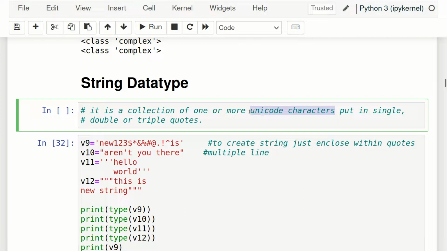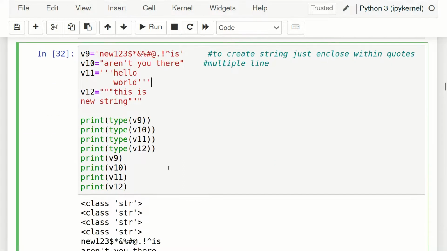Unicode characters basically means any character that we generally use comes under Unicode. So you do not have to worry about which character. Whatever character you can think of will come under Unicode. So a string will consist of all characters that you can think of, but it should be inside single quotes, double quotes or triple quotes.